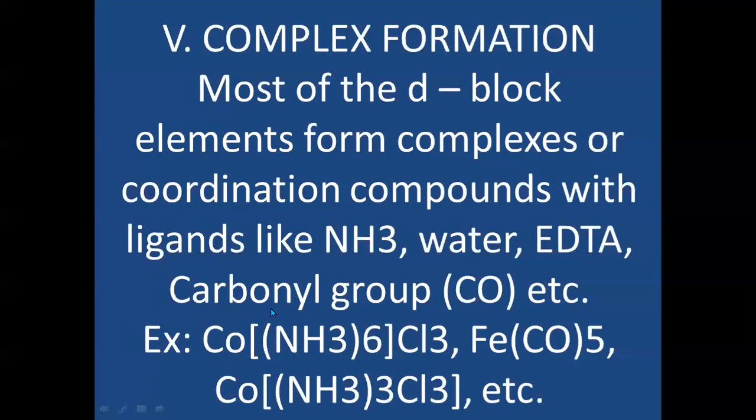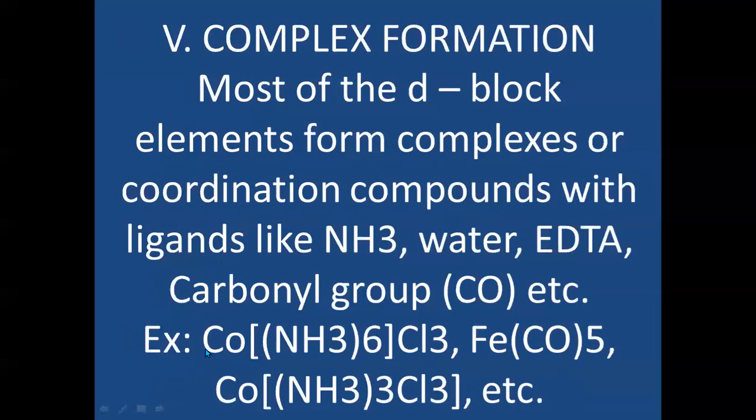Here cobalt accepts a pair of electrons from ammonia, and in other words ammonia donates one pair of electrons. So at the central metal ion, here cobalt, accepts an electron pair, therefore it is called acceptor. Ammonia donates a pair of electrons, therefore it is called donor. So ligands are generally donors which donate one or more pairs of electrons to the central metal ion, and the central metal ion acts as acceptor and accepts the electron pair to form a bond.